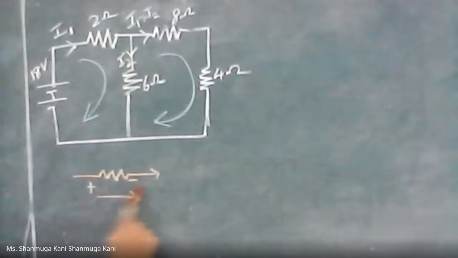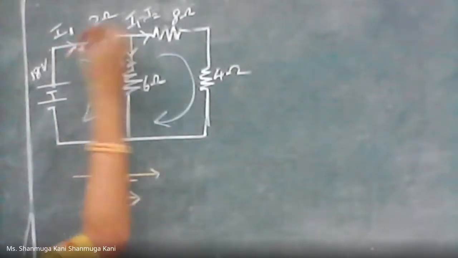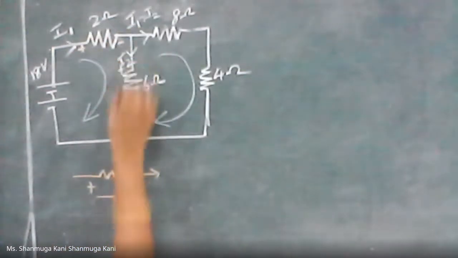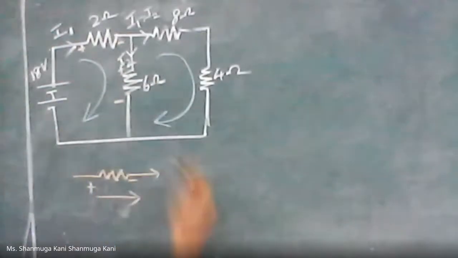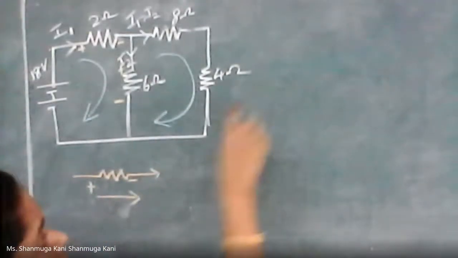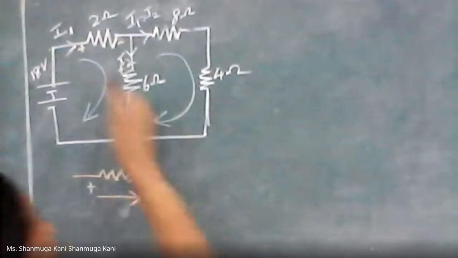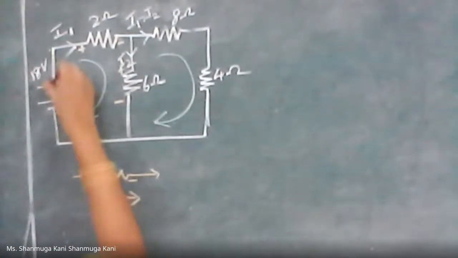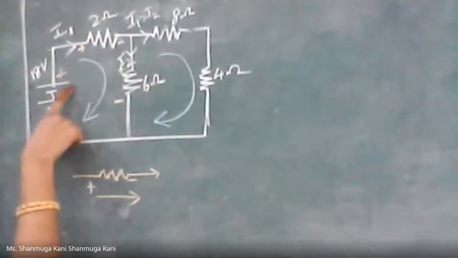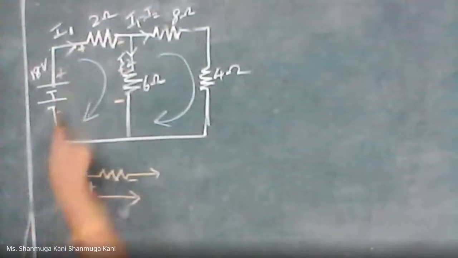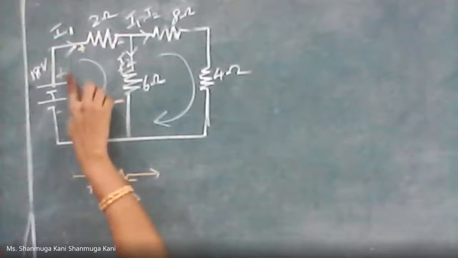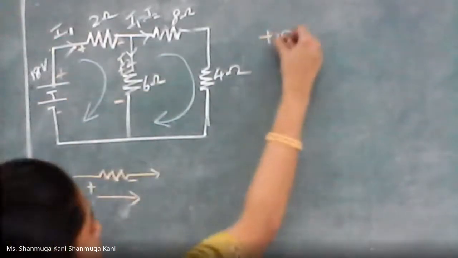Assume the plus and minus sign for our resistor. So it will be plus, minus, and here entering will be plus, leaving will be minus. So like this, when we are writing our equation, we will be following the leaving sign. Here it will be minus, plus. The smaller line will be minus, and for the voltage source, the largest line will be a plus sign. So the current across the voltage source enters minus and leaves by a plus, so it is plus 18.